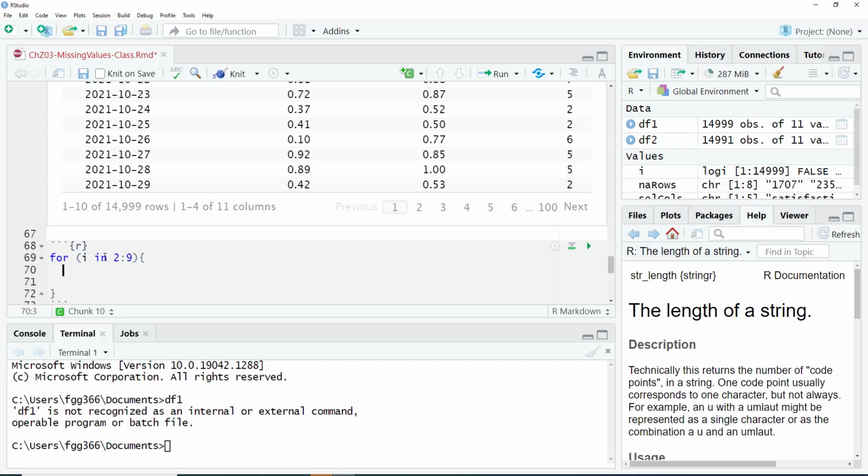Now when you do a for loop, i is your iterator, right? i is going to go from 2, 3, 4 through 9. So hopefully you're going to do something with that i within this loop. If you're not going to do anything with that i, then you don't need the for loop at all. In some way or form, you want to use this i.